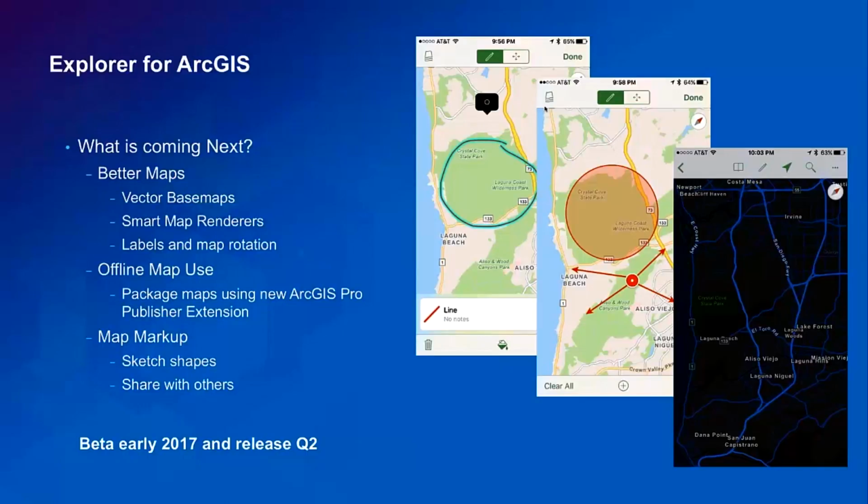Also supporting map markup, so you can see through these screenshots where maybe I want to use my finger and roughly sketch a circle or a rectangle or a polygon.